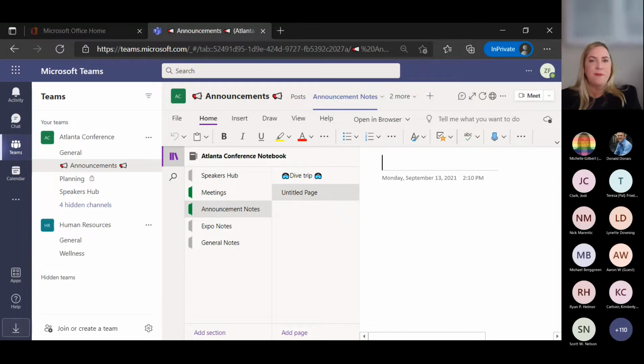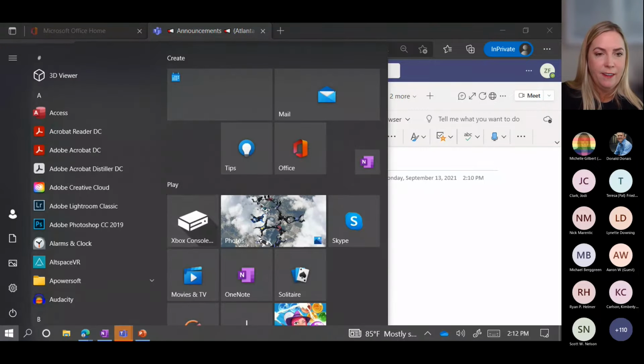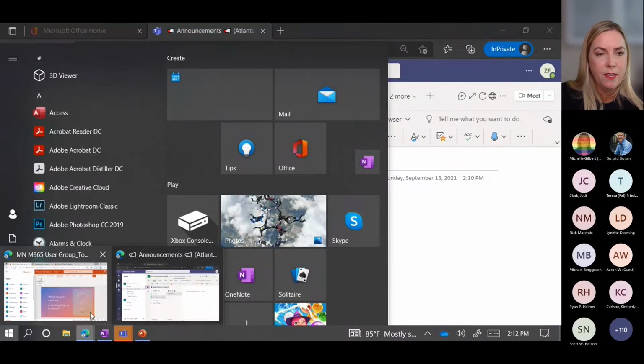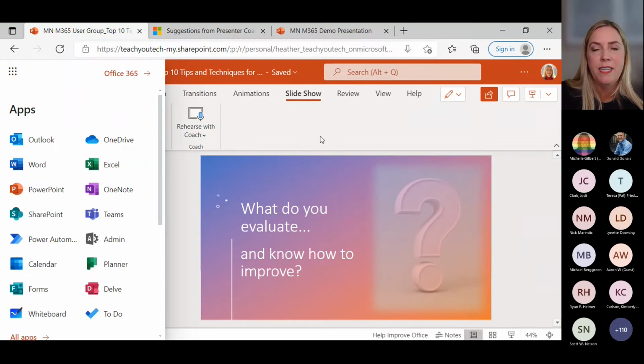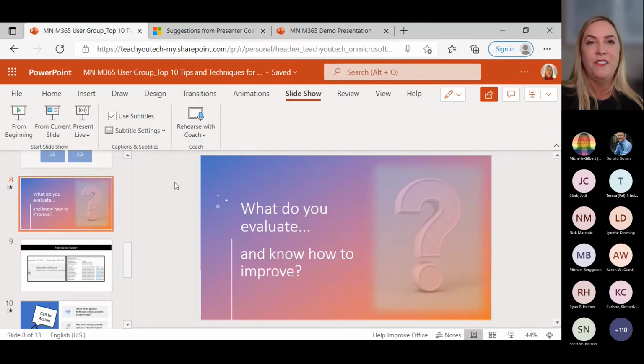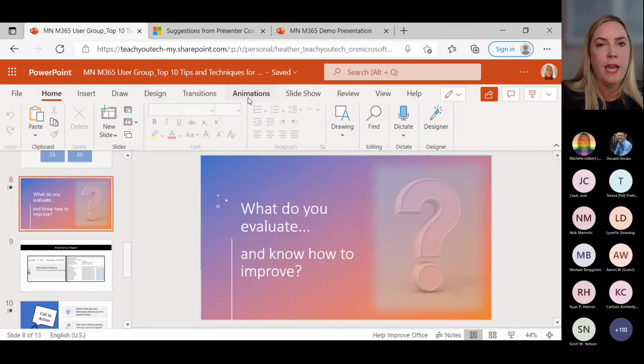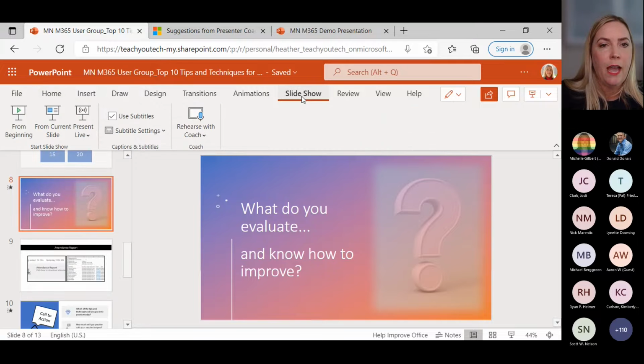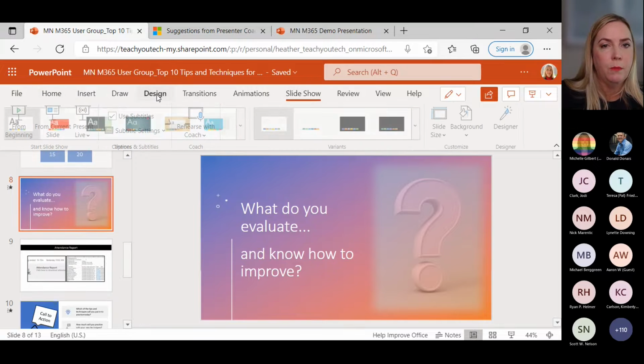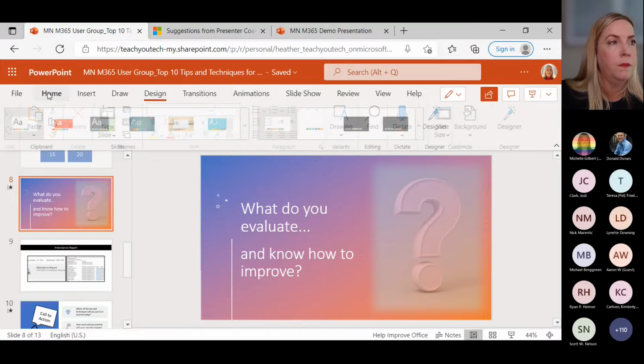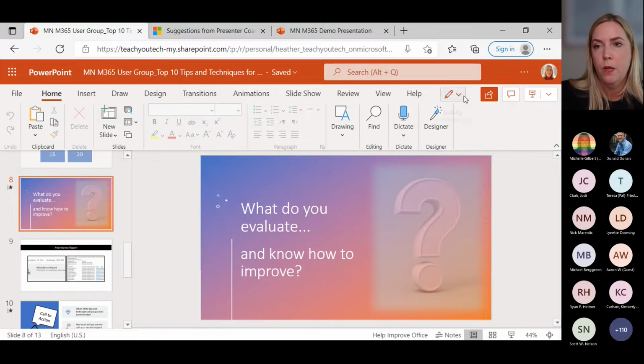So moving on, one of the other things that I'd like for us all to try out, I'm going to switch back to our presentation. Give me just a second here. I can get this to come back up for us. So going back to this presentation, I mentioned to you that I wanted all of you to have your phones, your tablets available if you want to play along, if you want to participate in this with me. And that is if I want to present this live. So we're going to take a look at how we can work with this. Give me just a moment. Let me get to where we need to be.